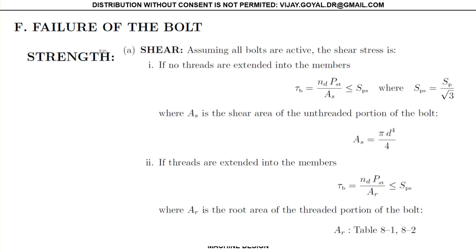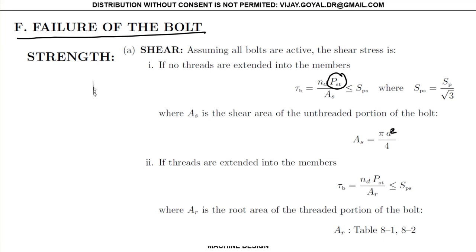The failure of the bolt, I want you to pay very close attention. This is not trivial. It goes out of the norm and how we typically do these problems. First of all, shear. This is what you will use as a total. This is PST. You have to be very careful with this. And then if you want to find your proof shear strength, take the proof strength divided by 3. And the shear area is pi times the diameter squared divided by 4. And then if